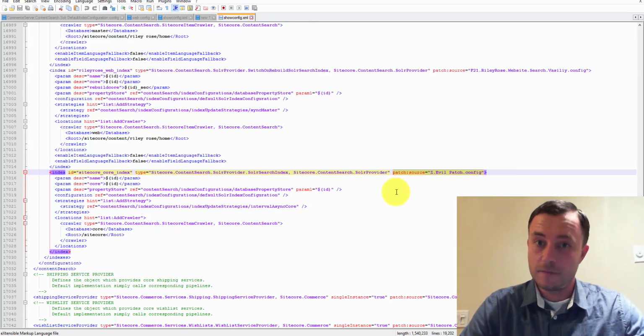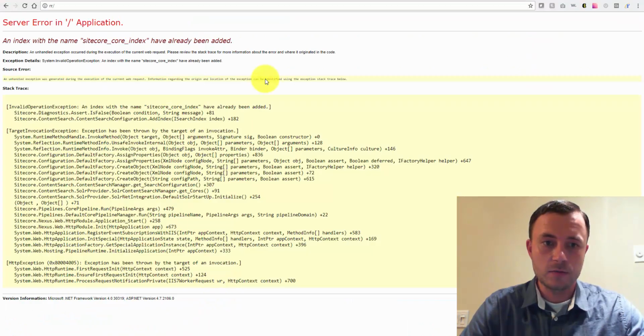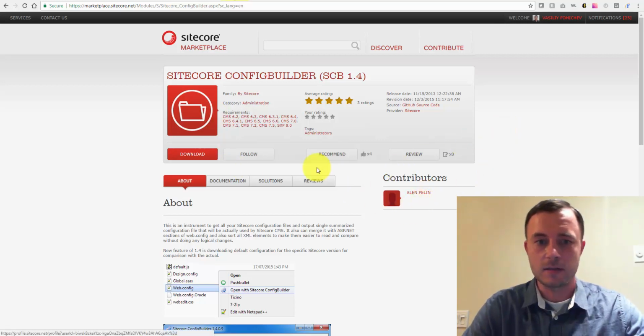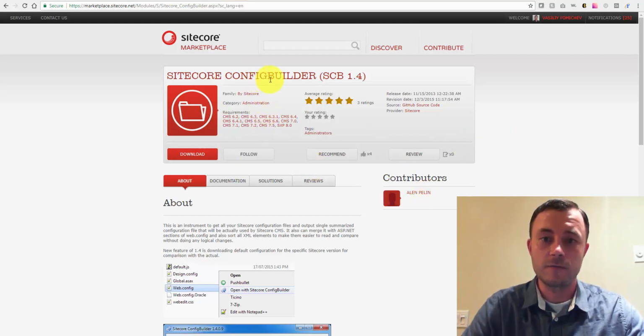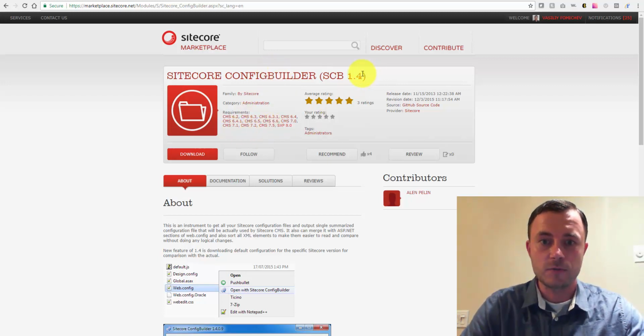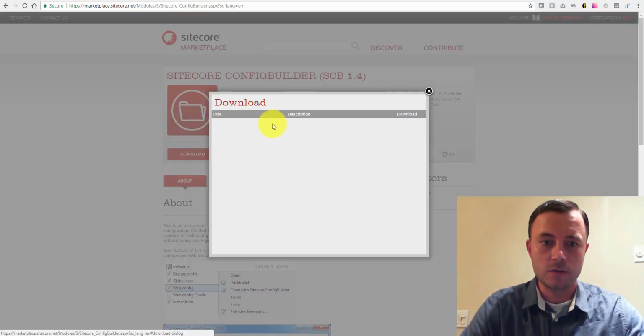So a different tool to the rescue, and this is the tool developed by Alan Helen. So this is the Sitecore Config Builder, so you can find it on the Sitecore marketplace. This one mentions version 1.4, but if you actually go to the download,